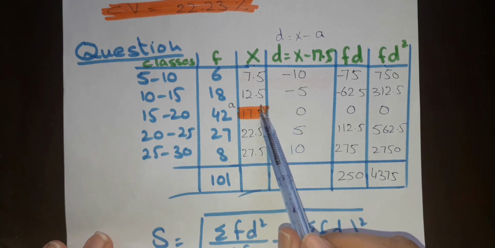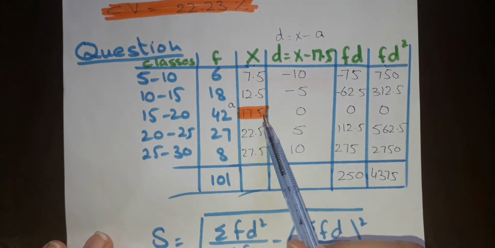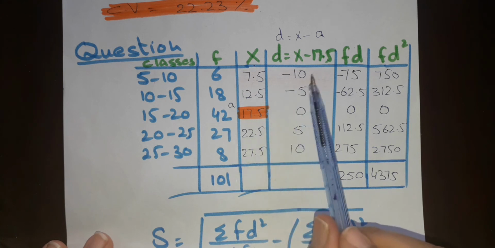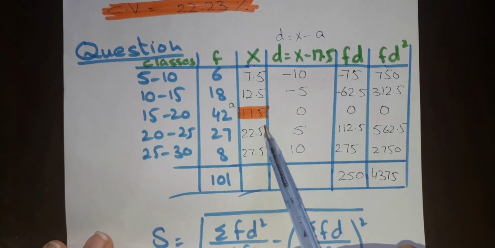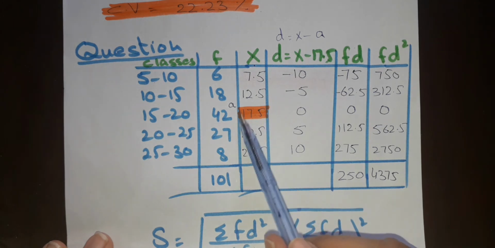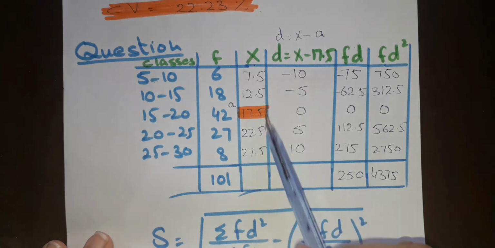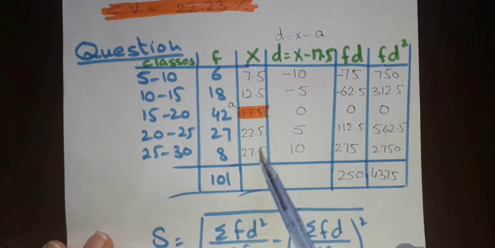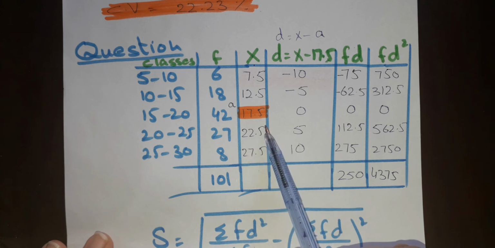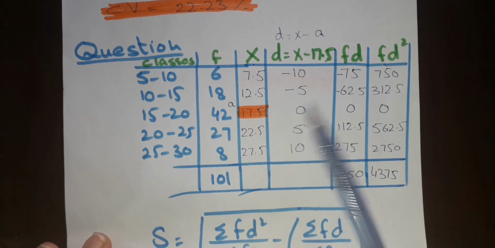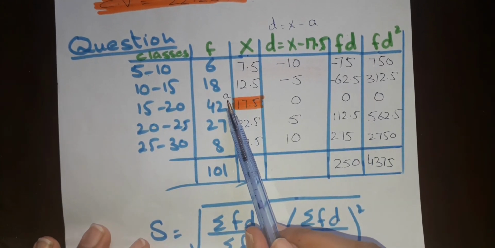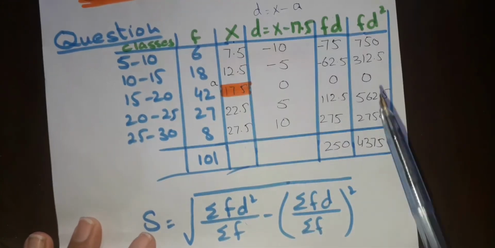But if we choose the most central value of this column, then it will be easy for you. If we have in the column of X five values, 1, 2, 3, 4, 5, there is a central value. If you have 6 values, 1, 2, 3, 4, 5, 6, then there is no central value, so you can take either of the middle two as your choice. So in this question, I choose A as 17.5.